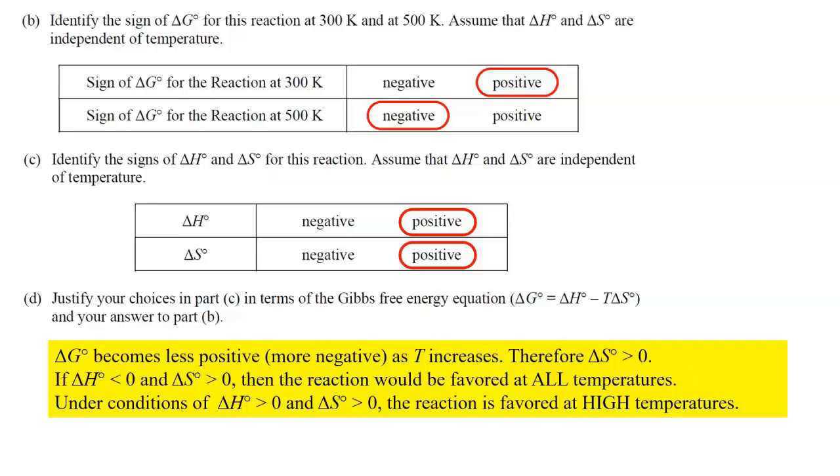And then if the sign of delta H were negative with a positive delta S, well then the reaction would be favored at all temperatures. But that's not what's happening. Under these conditions, it's only favored at high temperatures. So that means that the delta H must be positive and the delta S is positive, and therefore the reaction is favored, but only at high temperature. And now the last part of this question, part E,